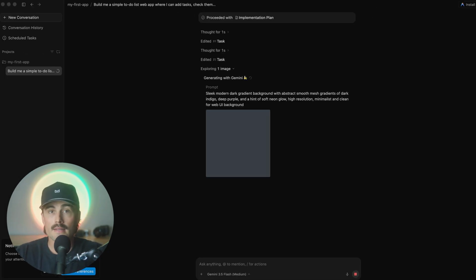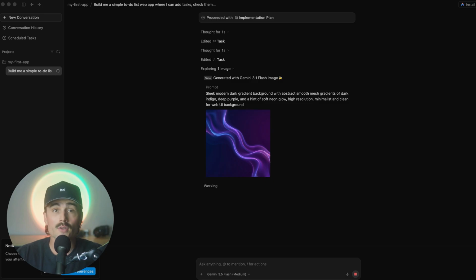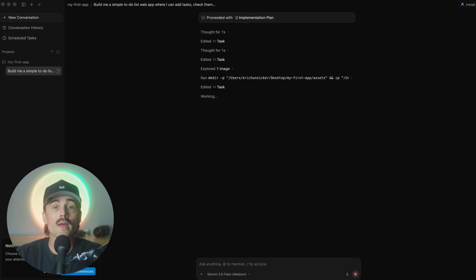We'll go ahead and click proceed. You can glance at it and click accept, but the best part comes at the end. Antigravity doesn't just claim the app works. It actually opens a web browser, clicks through your app like a real person would, and records itself doing it. So you get a little video of your own app running with the AI testing every button to prove it